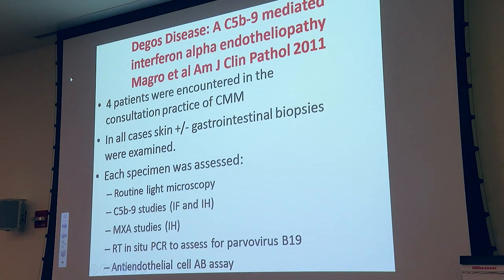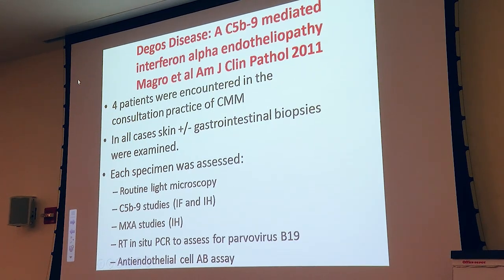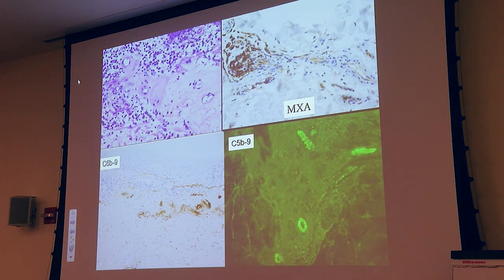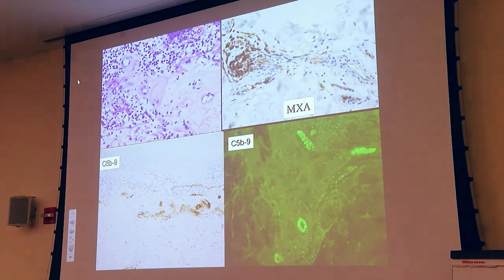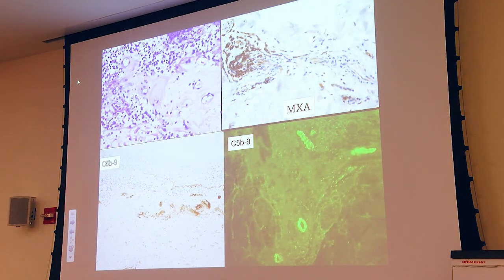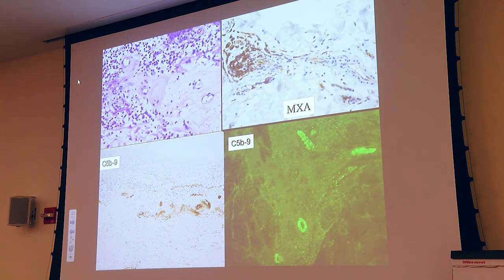And basically in this study, we conducted the C59 and MXA studies. We also tried to find a viral trigger. We did RT in situ PCR for parvovirus. And essentially all the cases that we studied, whether it was Degos disease in the setting of dermatomyositis, lupus, or Degos disease as an idiopathic entity, they all had the same pattern. The vascular changes that I've alluded to with this strikingly upregulated type 1 interferon microenvironment with lots of C59 within